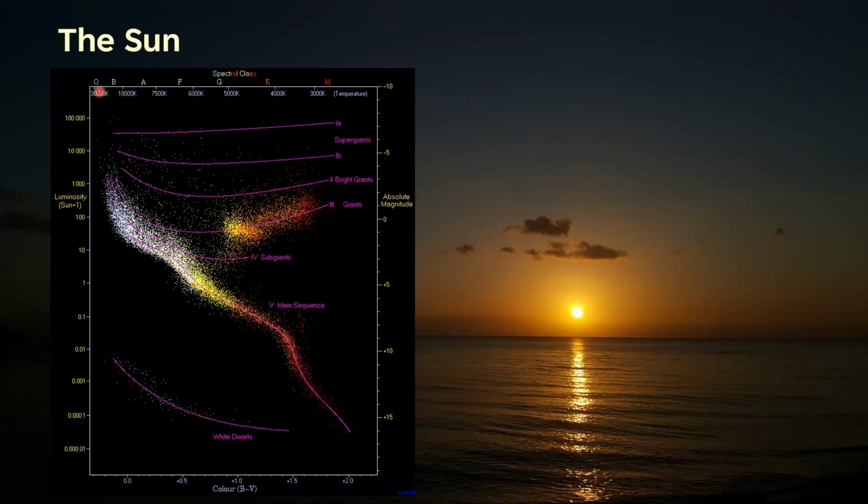The temperature of the star determines the spectral class. So it can be in terms of O, B, A, F, G, K, M, which correspond to certain ranges